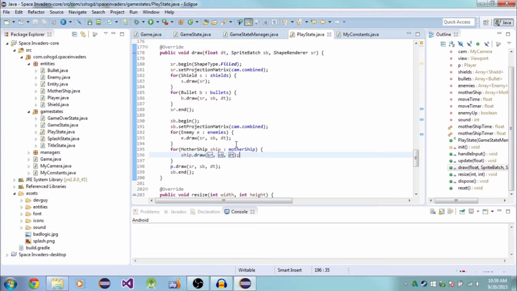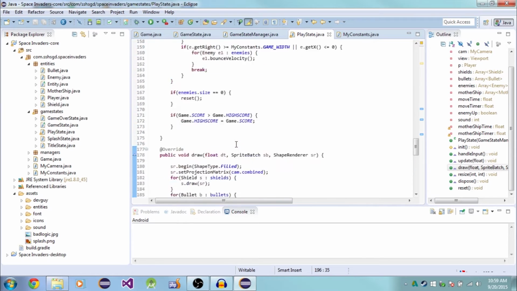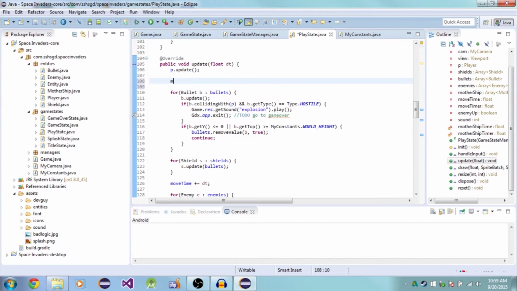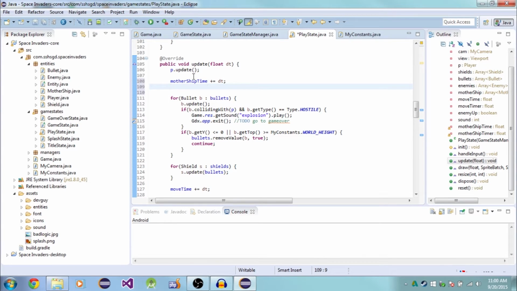And then up here in our update method, very first thing after the player updates, just call mothershipTime plus equals dt, so it adds our delta time to the timer. If mothership,